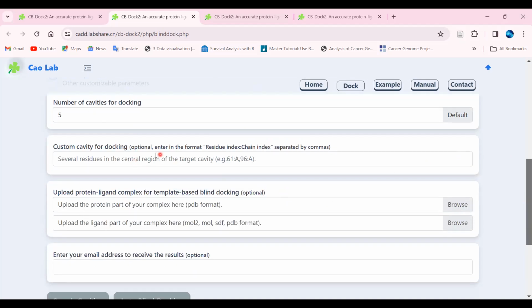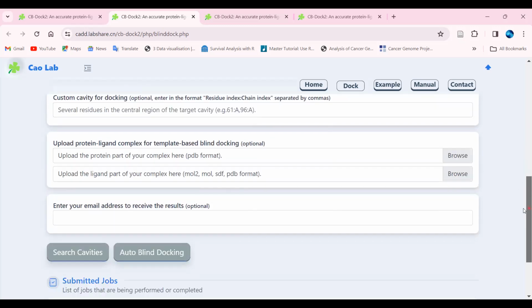You can also explore the other advanced filters provided, which is a custom cavity for the docking. You can mention the specific residues if you know them based on literature analysis, or upload a protein-ligand complex for template-based blind docking. That is also an option provided over here.